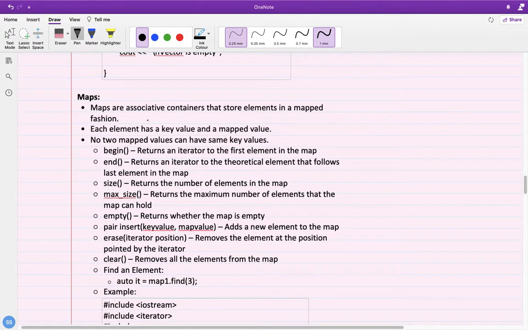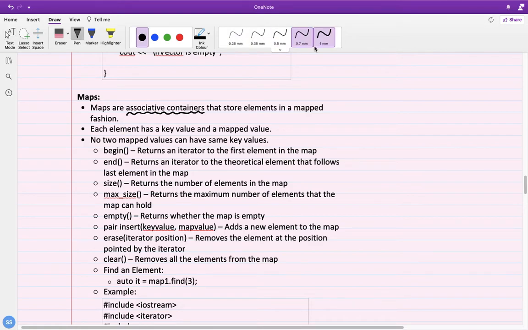Maps are also associative containers. I have already told you that containers provide you organized data on which you can apply some algorithms using algorithm STL libraries or the template classes. But initially, maps are basically associative containers which have a key and a value. For a particular key there would be a particular value associated with that key.